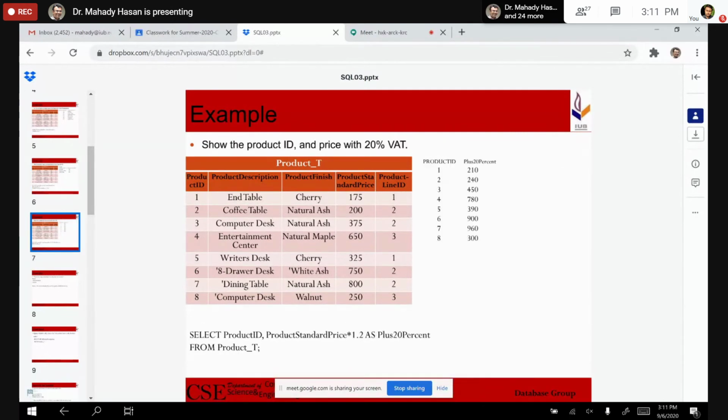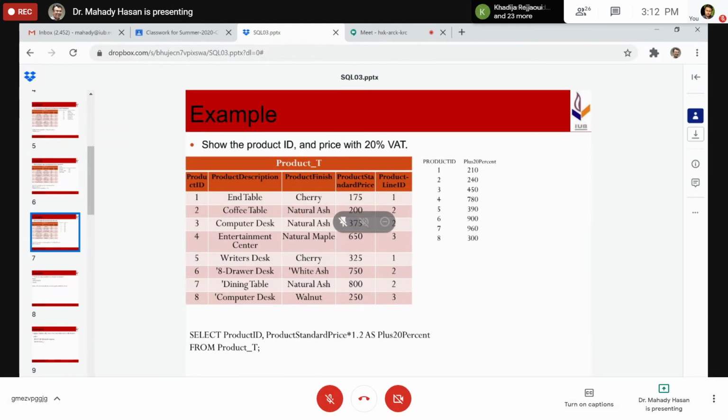The next one: show the product ID and price with 20% VAT. That means you have to show the product ID and the price of the product with 20% VAT added. So product ID would be 1, 2, 3, 4, 5, 6, 7, 8, and the plus 20% would be, for example, the first one is 175.